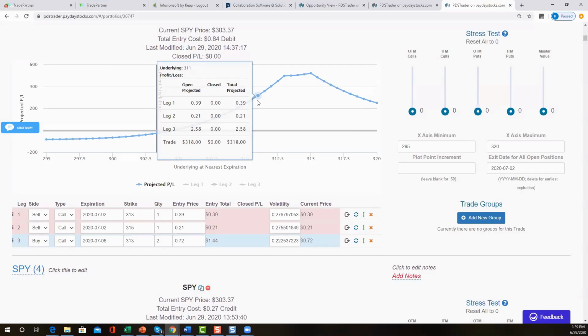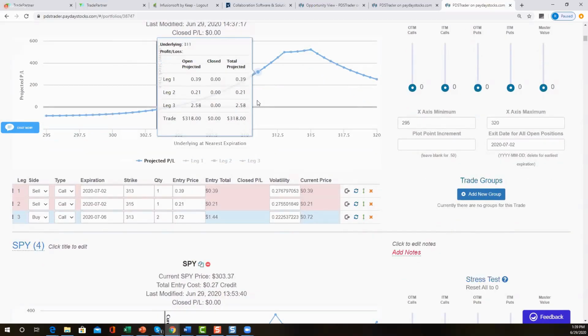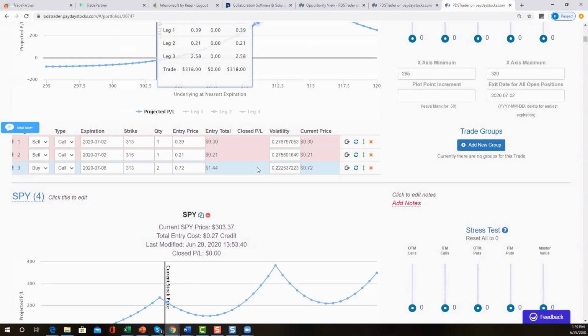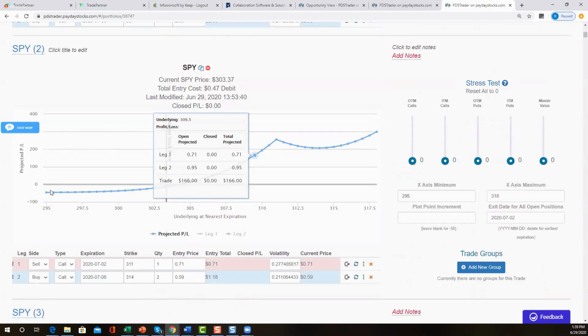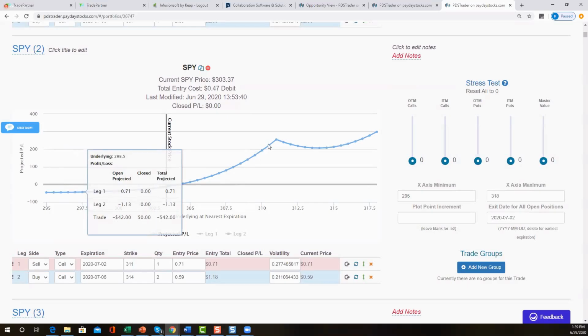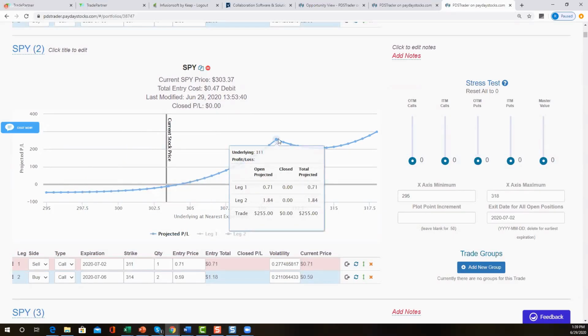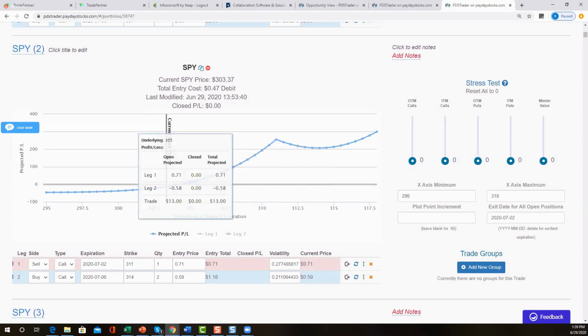All right. Here's the difference. With my bullish, I'm not in one. I'm not in two. I'm in one. So I have half the risk. But if I go into two at 311, what's my profit potential? 500. Not 318. It's 500. And if it goes to 311, I should be able to exit at a profit. If it goes to 311, that means my short is at the money and I have two longs that are only 3 points away and I should be at a profit.